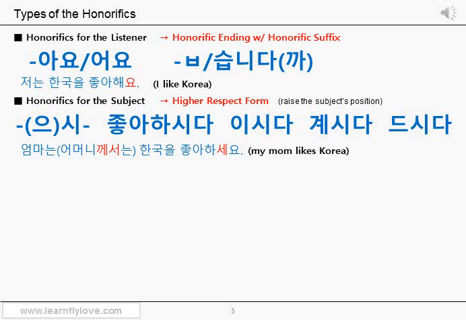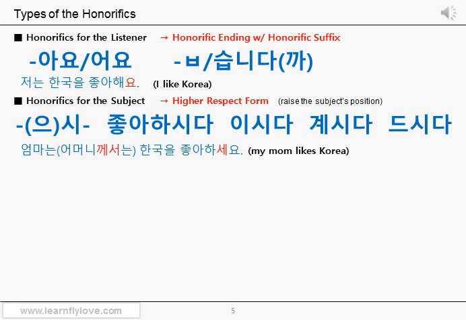The subject is my mom. Sometimes people don't use higher respect forms for their own mother because they are so close to their own mother. But it will sound nice and polite if you use a higher respect form for your own mother, especially when you are talking about her to someone else at least. 어머니 sounds more formal, so it can go well with the higher respect subject particle 께서. 어머니께서는 sounds better than 엄마께서는.